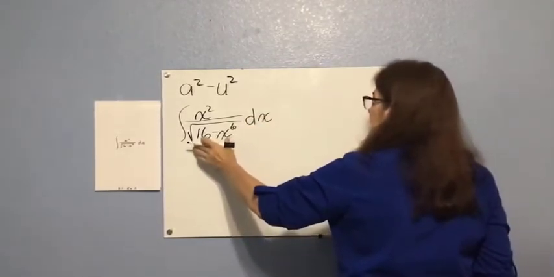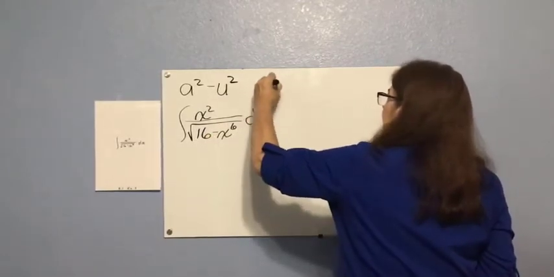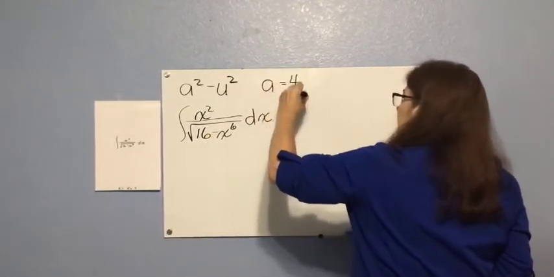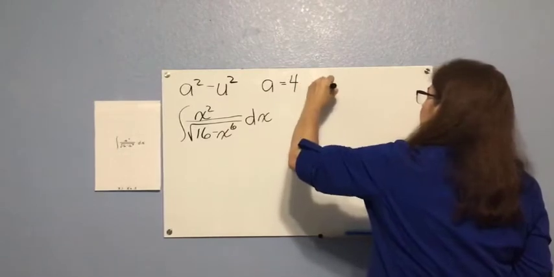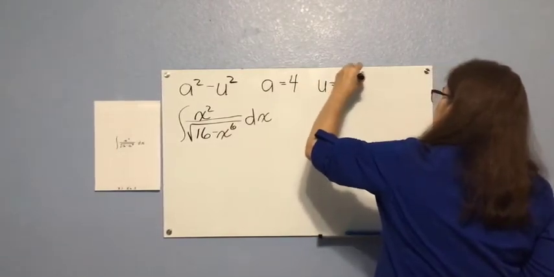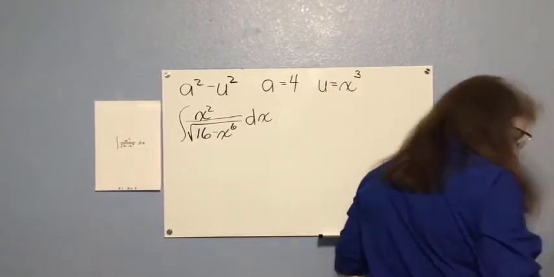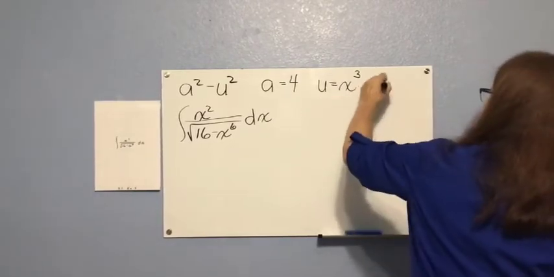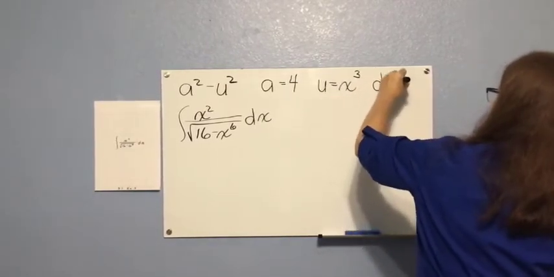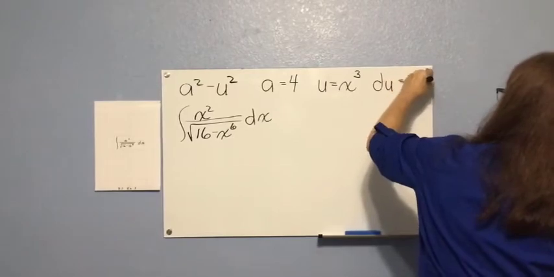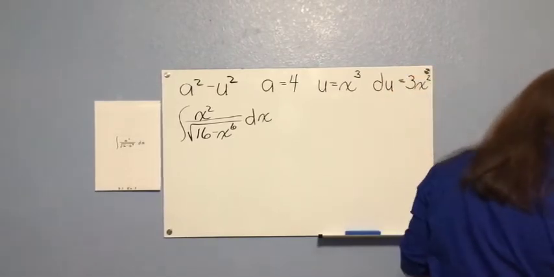So to substitute for this expression, a is going to equal 4, and u is going to equal x to the 3rd power. And if u is x to the 3rd, then of course du is 3x squared